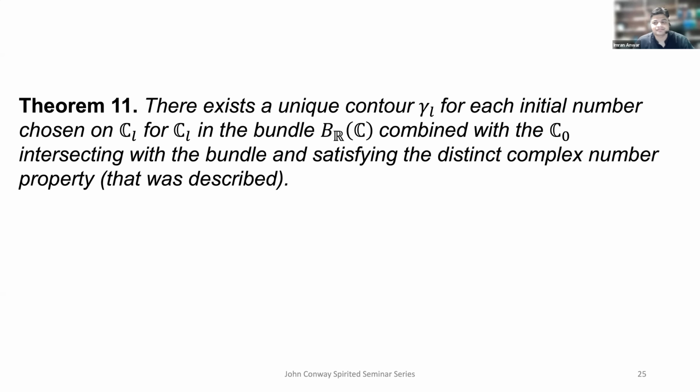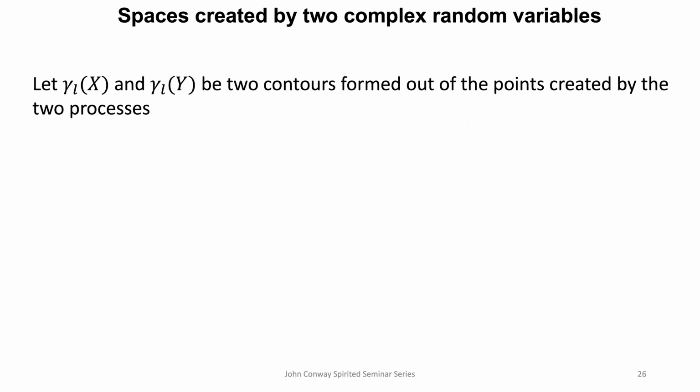Now I'm not giving the proof for that again. One can read it in the article, but the main idea is conveyed. So you are all clear on what I'm explaining. Now let us understand the space, because this understanding will lead to how the whole is created and how the islands are created. So, the space created by two complex random variables. Let us see that.